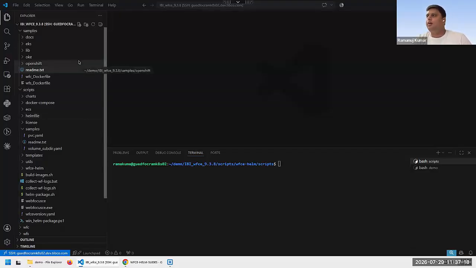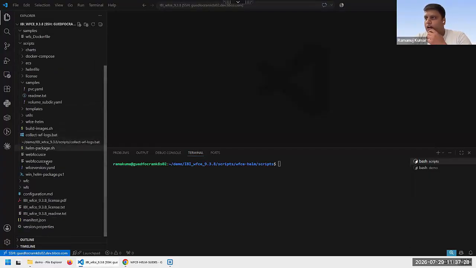So what I have done, I have downloaded a tar file and extracted it here. So I have the WebFOCUS Container Edition tar file. In this tar file, I will directly go to that folder where I have WebFOCUS